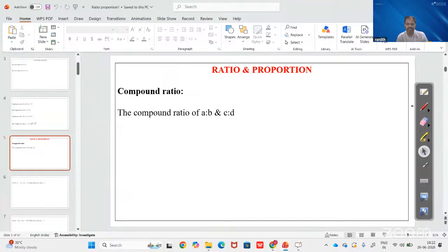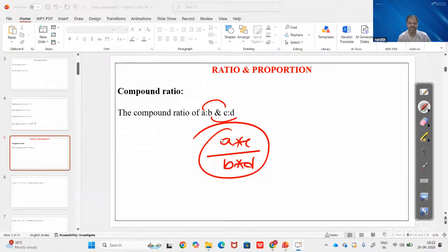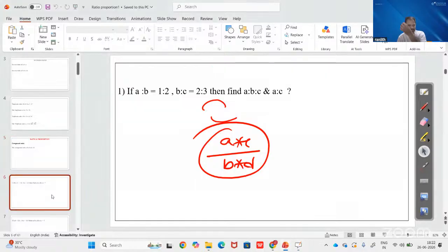So the compound ratio of A is to B and C is to D. Compound ratio is nothing but multiplication of numerators and multiplication of denominators. That is A into C divided by B into D. Compound ratio will be equal to AC by BD. Next,